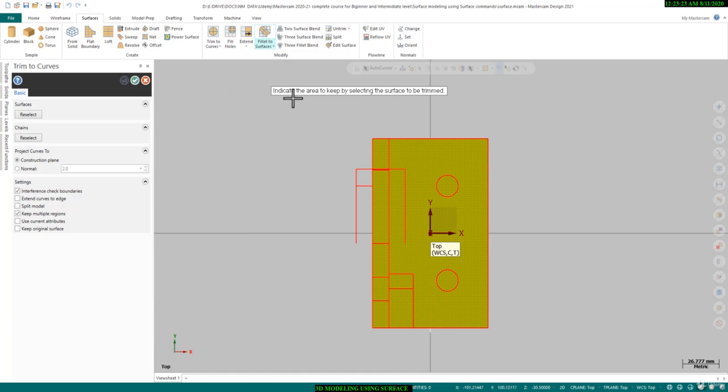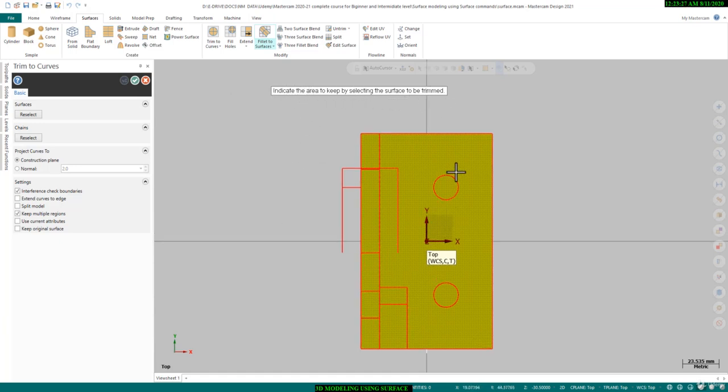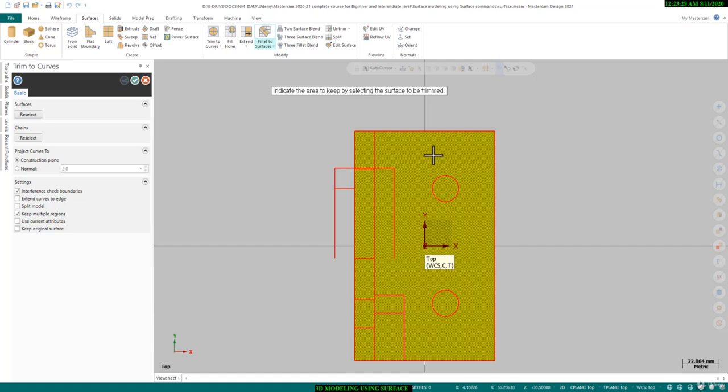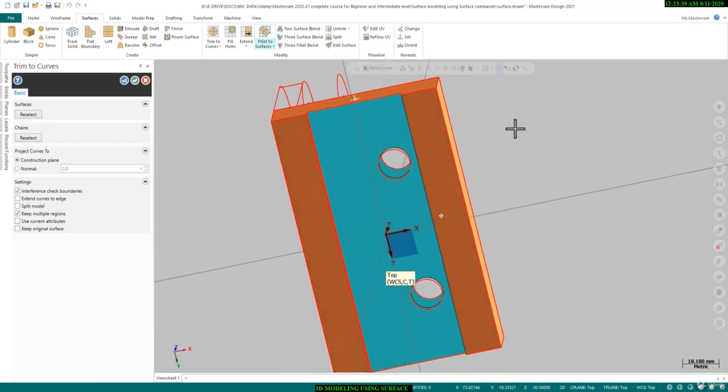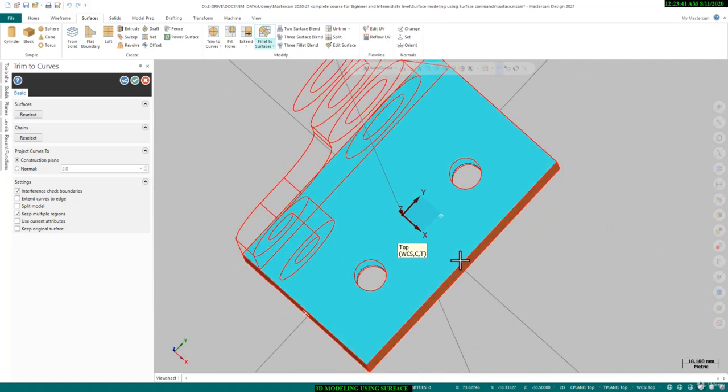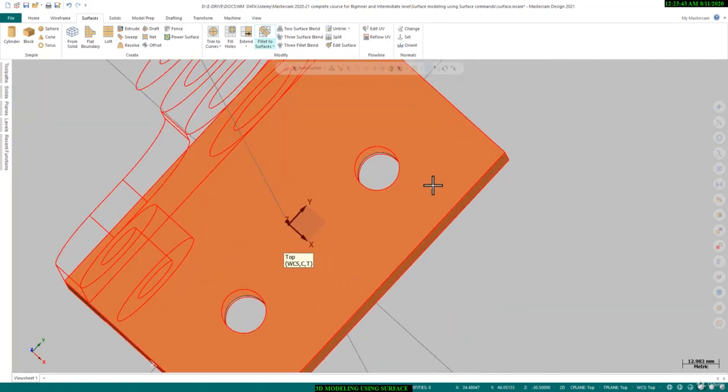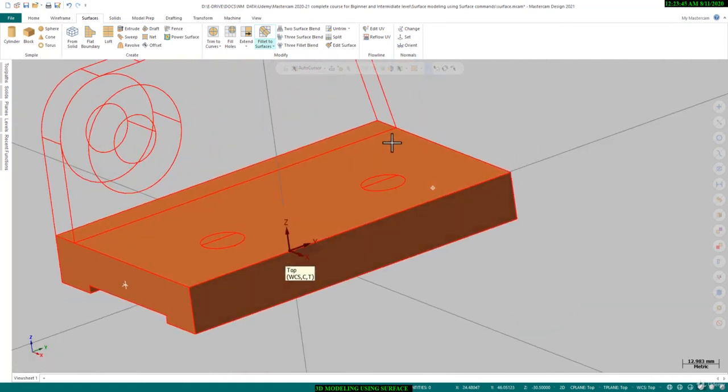So select, indicate the area to keep by selecting the surface to be trimmed. So indicate the area which you want to keep. So we have to keep this area. So we will click on this and slide the area we have to trim in this area. Okay, so as you can see very easily we trimmed this area, and as you can see this area looking